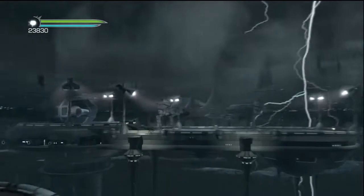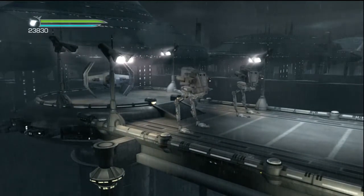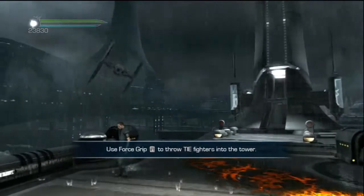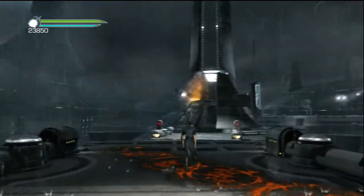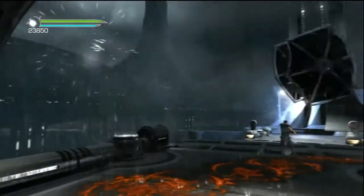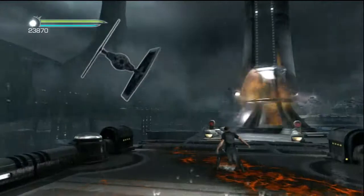And these are kind of the parts of the game that I don't like. Oh, it shows these guys. What are you supposed to do? Oh my God. Oh, I wonder. Force strip the TIE fighters into the tower. Oh, okay. And then it makes a little stupid bridgeway, as you guys will see here in a minute. That's just one of those things that I don't like, because